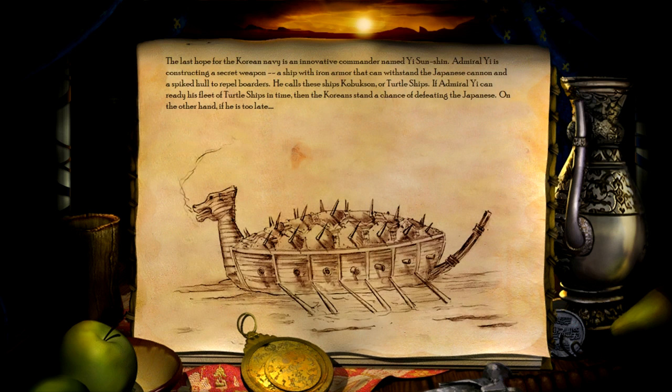The last hope for the Korean Navy is an innovative commander named Yi Sun-shin. Admiral Yi is constructing a secret weapon, a ship with iron armor that can withstand the Japanese cannon and a spiked hull to repel boarders. He calls these ships Kobuksan, or turtle ships. If Admiral Yi can ready his fleet of turtle ships in time, then the Koreans stand a chance of defeating the Japanese. On the other hand, if he's too late...